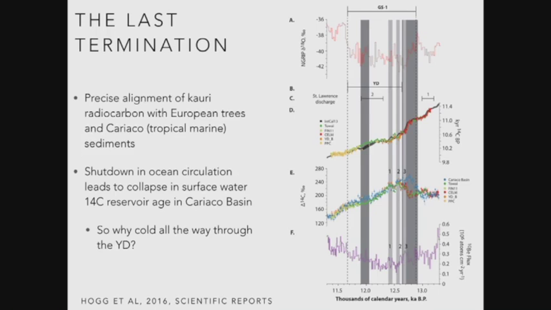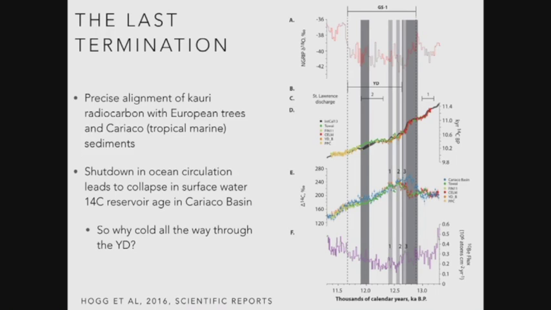The practical upshot of which is we have done decadal blocks with Alan Hogg and John Southon, decadal blocks of C14 going across these trees. So you have this continuous record of radiocarbon. The great thing is we've got enough C14 that we can lock it in to the end of, or the beginning of, the IntCal tree ring record. So you've actually got one on top of the other, so we can lock in all the way and extend back. And that allows you to start playing with some ideas, because we've got an absolute chronology within plus or minus 10 years that extends all the way through, annually resolved.